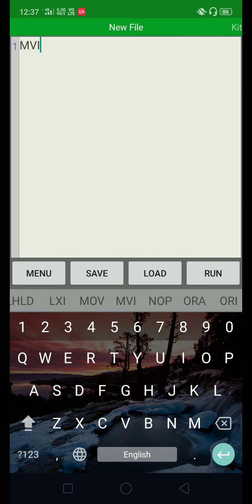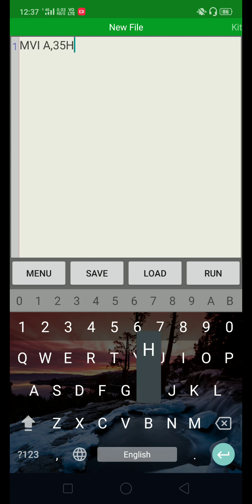So the first instruction is, suppose, MVI A, 35 hex, the first number. Suppose you want to perform 35 minus another number, suppose 12 hex. These two numbers must be available in the accumulator and in another register, depending on the instruction.